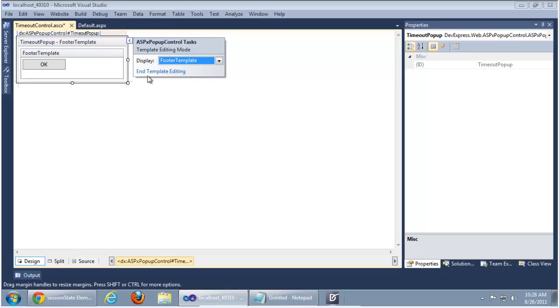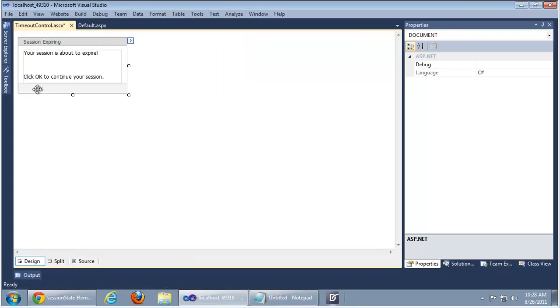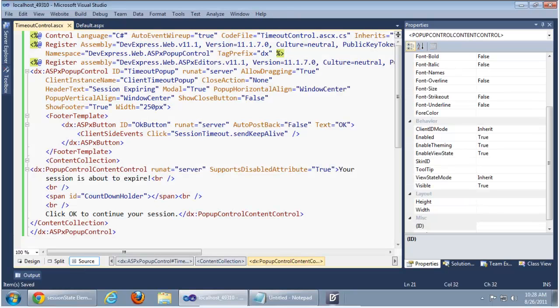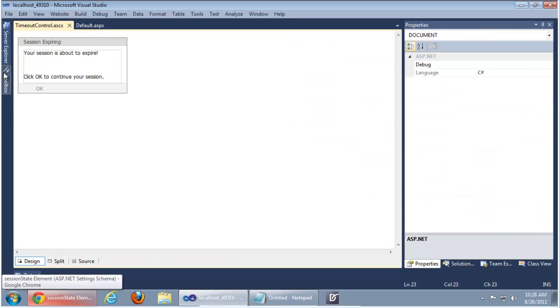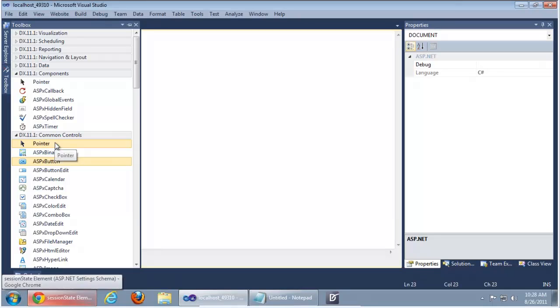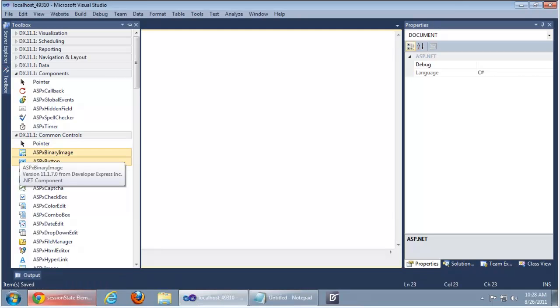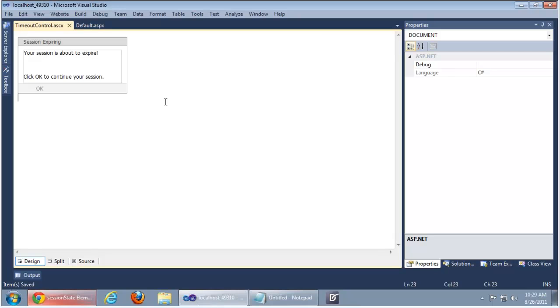All right, so now we can end template editing, and we've got our OK button. We've got our dialog pretty much set up. So now let's add the other items that we'll be using in this page. So I mentioned that there's a couple of other items that we're using to make sure that this page is able to talk to it. Now, to do this, we're going to use what's called the ASPX global events and ASPX callback control. So if we go to